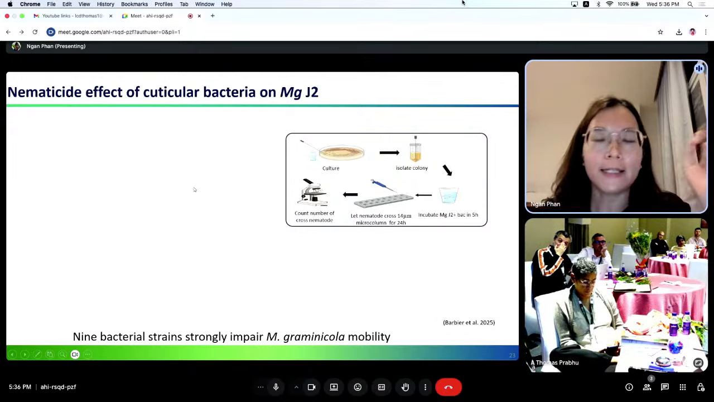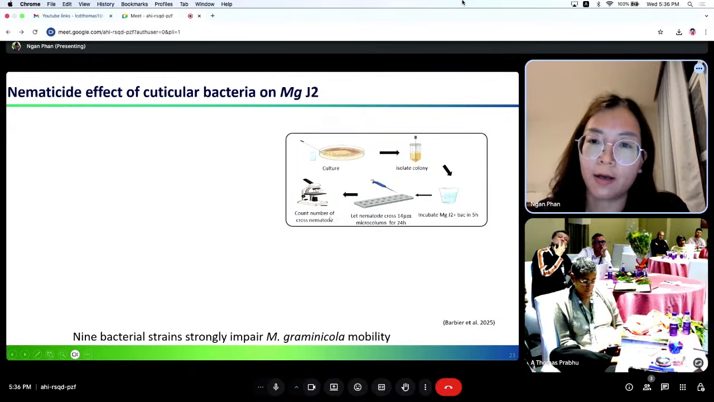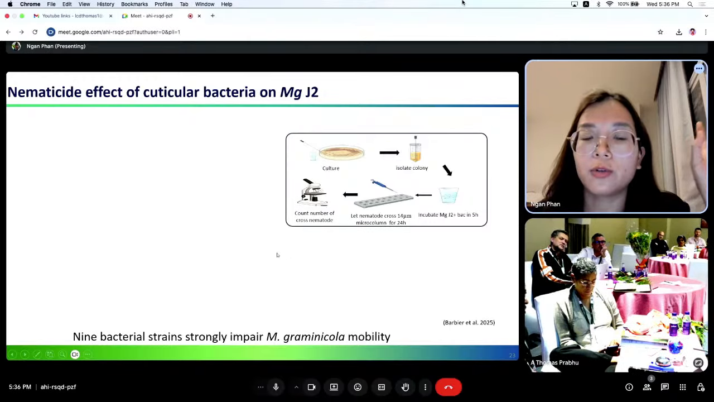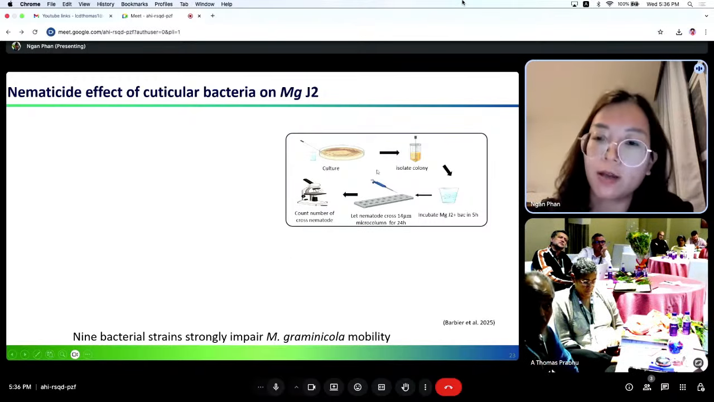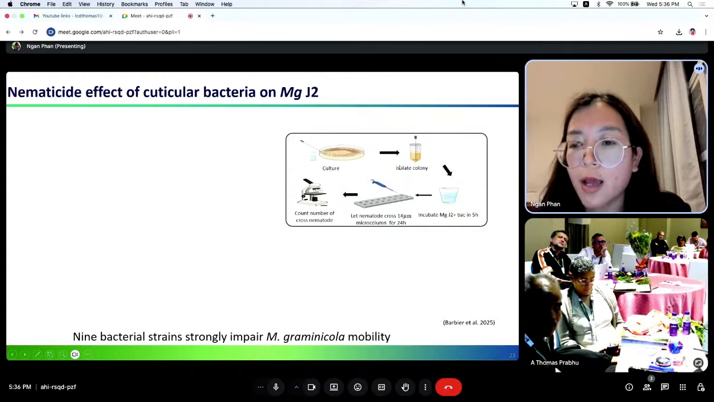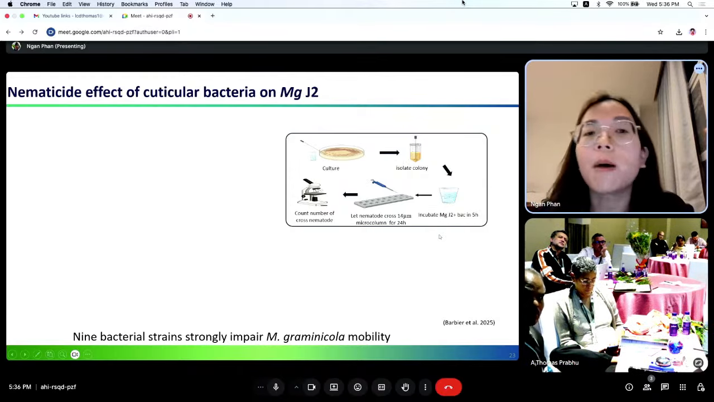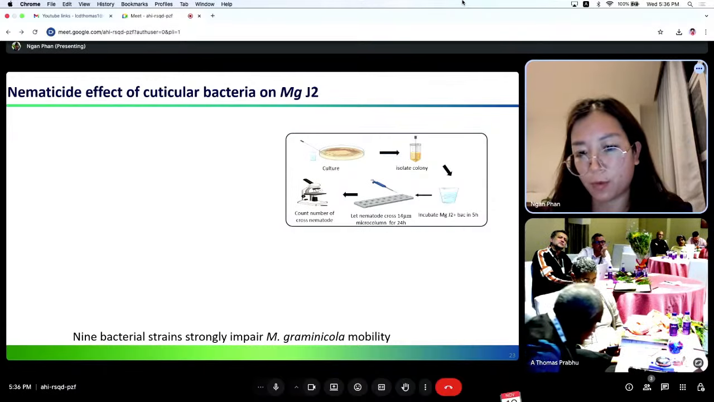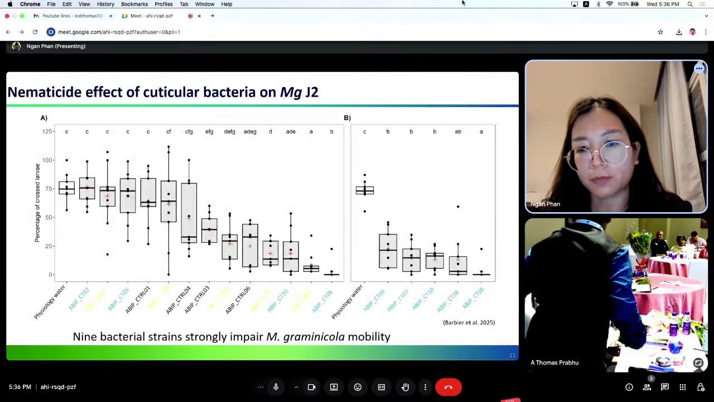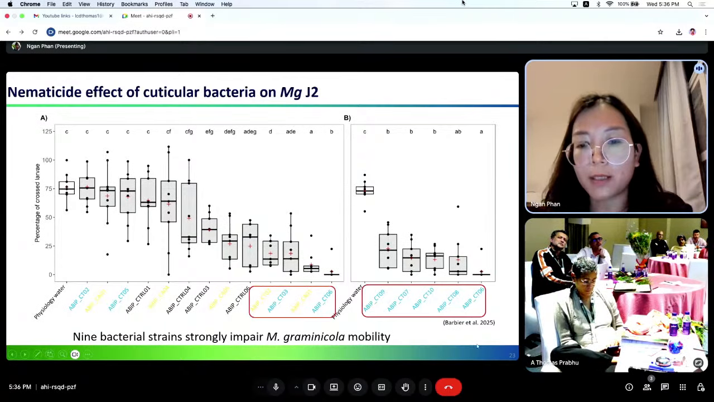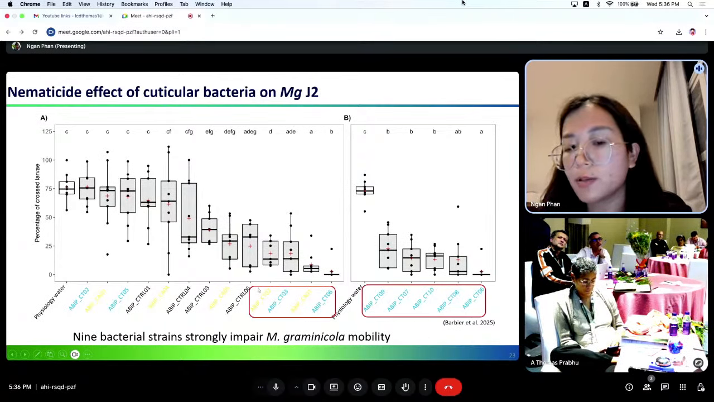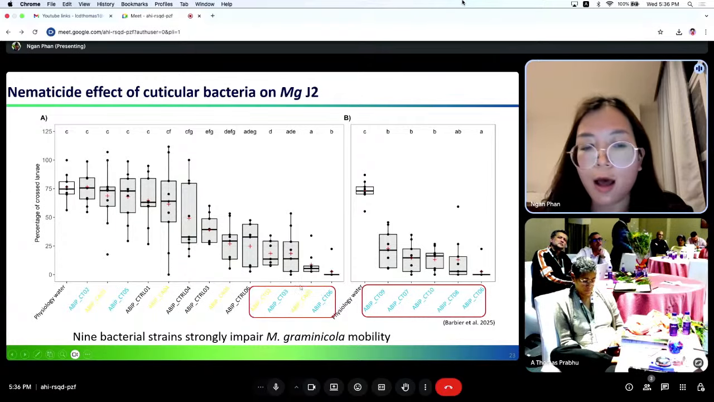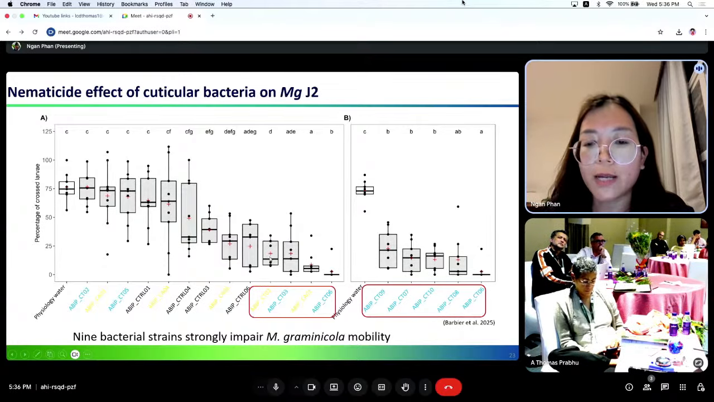And we test the nematicide effect of the cuticular bacteria using the culturable approach. We incubate the bacteria with the nematodes to assess the mobility of the nematodes. And after incubating nematodes with the bacterial solution, we found that there are 9 bacterial strains that can strongly impact